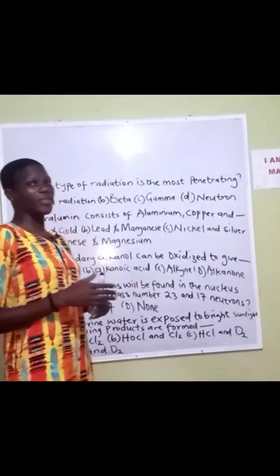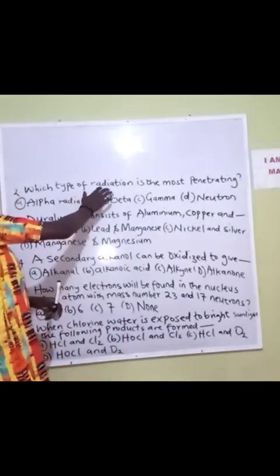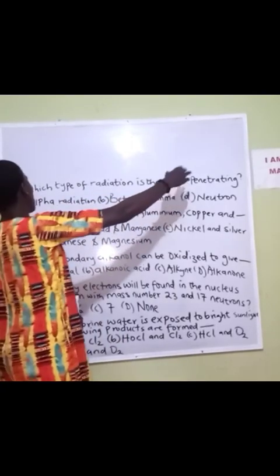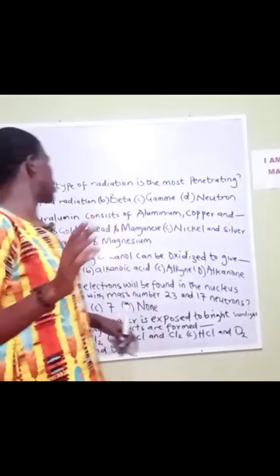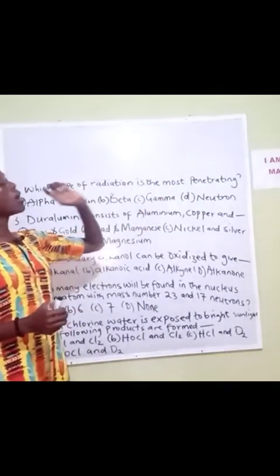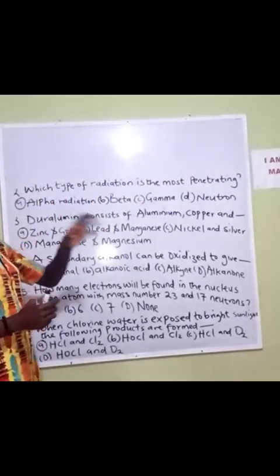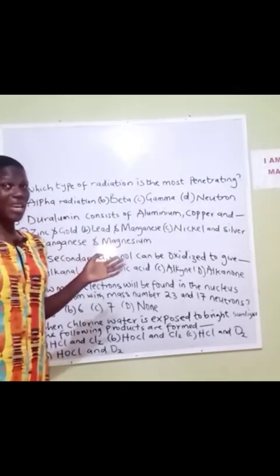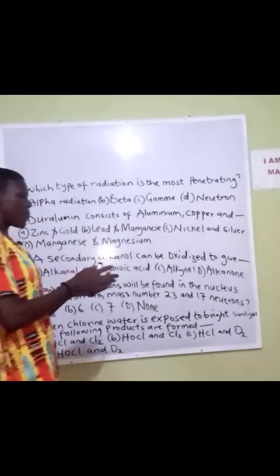So the next question says, which type of radiation is the most penetrating radiation? You know, we have basically 3 types of radiation that occur. We have the alpha, the beta, and the gamma. So which of them is the most penetrating? For time's sake, the answer is the gamma